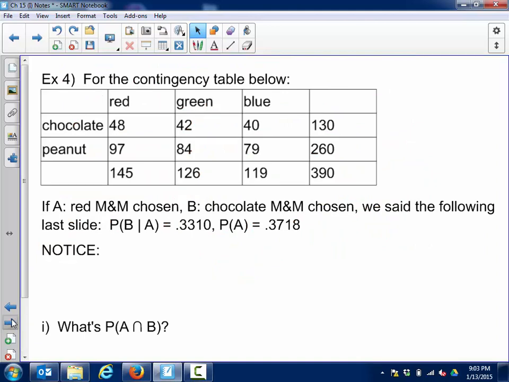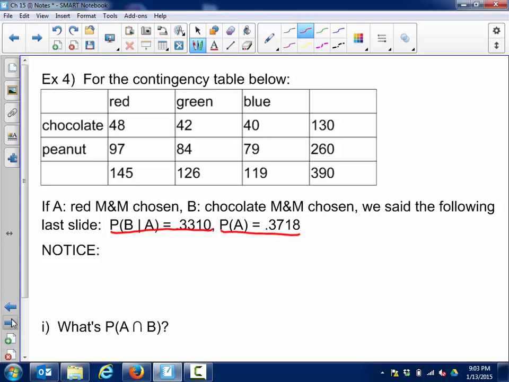Now we're going to get to fixing the general multiplication rule here in this next slide. So we've got the same contingency table set up. We're assuming the same types of M&Ms with the same numbers of red, green, blue, chocolate, and peanut for each. We said, just as a recap from last slide, we've got the conditional probability for chocolate M&M, given that we know it's red, and we have the generalized probability of a red M&M at all. Okay, well notice